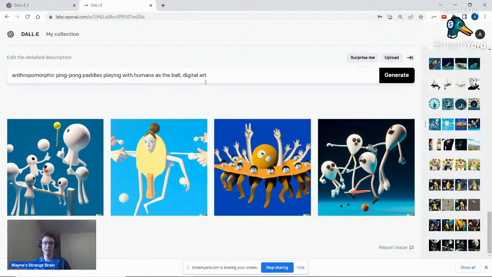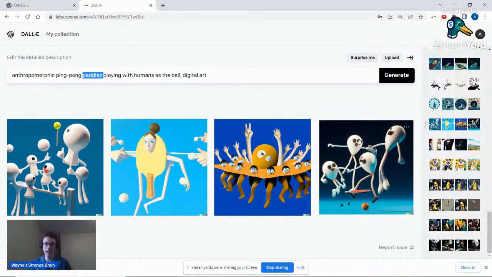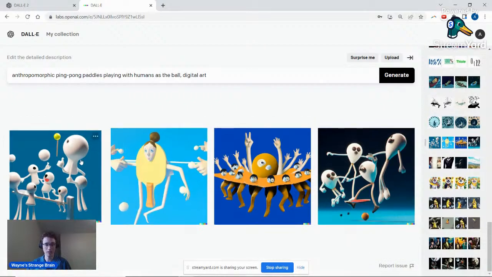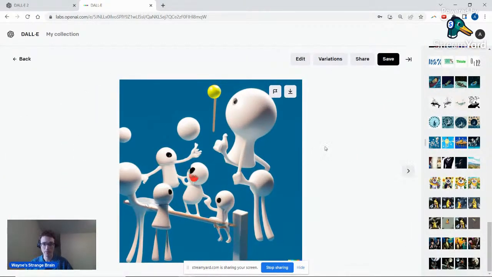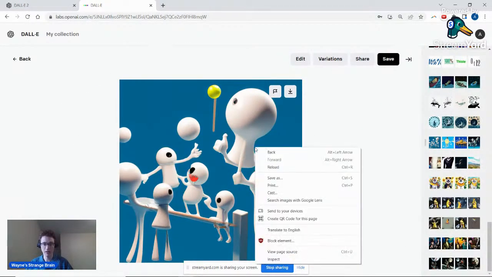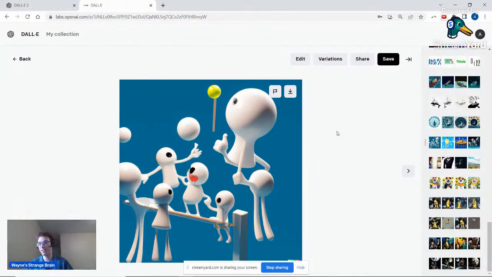But basically, it just kind of combined all of these concepts: anthropomorphic ping pong paddles and humans and balls and art. And I mean, it did not do the worst it could have. That's for sure. I mean, I'm giving it such high praise at this point. I'm being sarcastic, but I'm so used to it doing really, really amazing things that the bar is quite high.